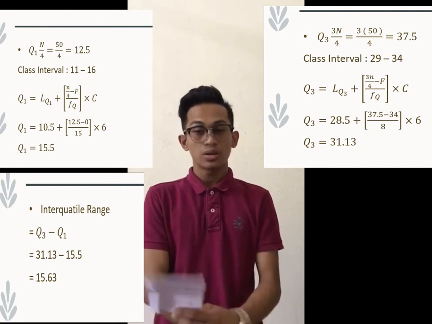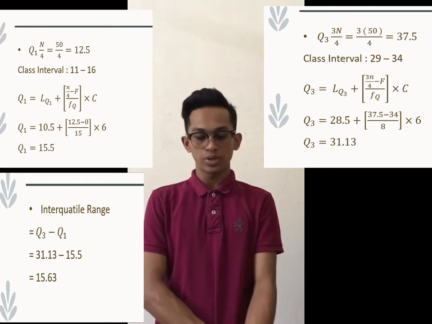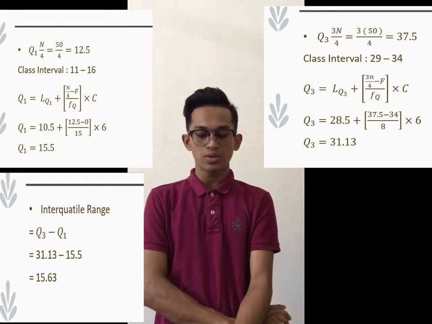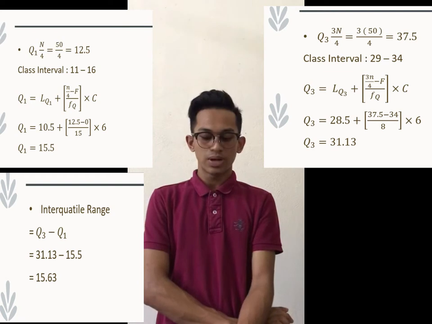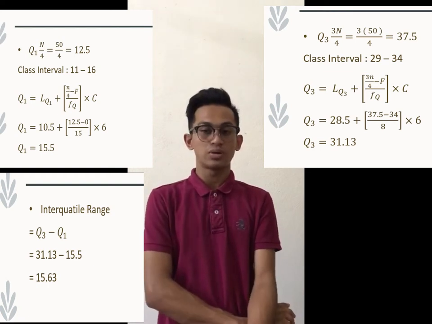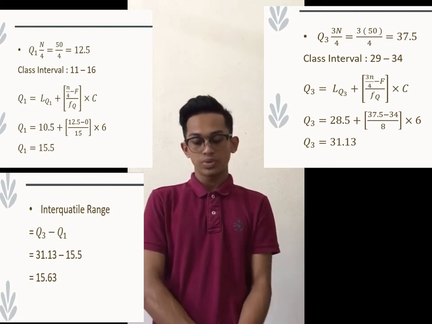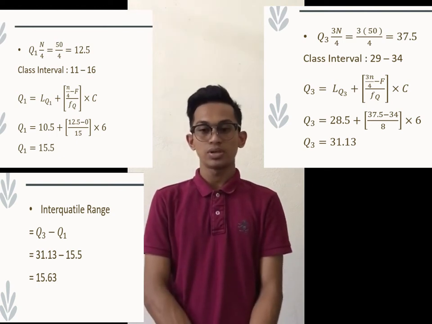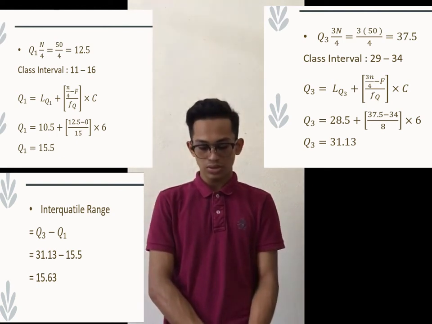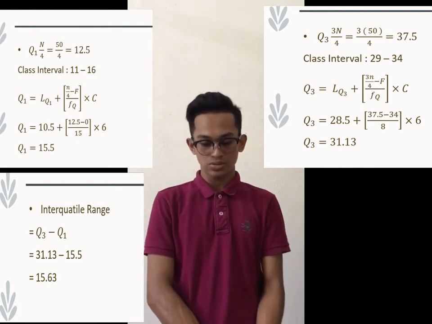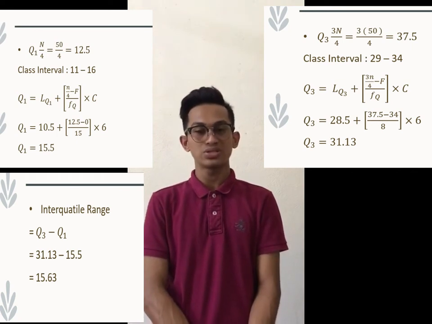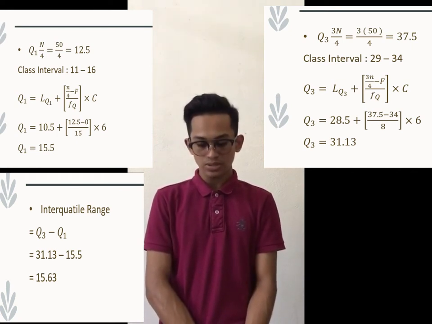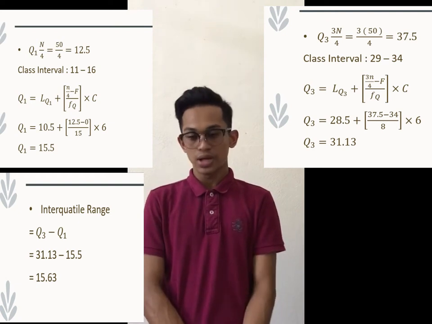28.5, and use the same formula as Q1. So 28.5 plus 37.5 minus 34 per 8 and multiply 6. So 37.5 minus 34 per 8 multiply 6 and get 22.62, and must be plus 28.5 and get